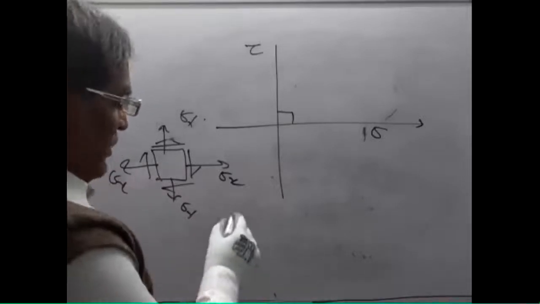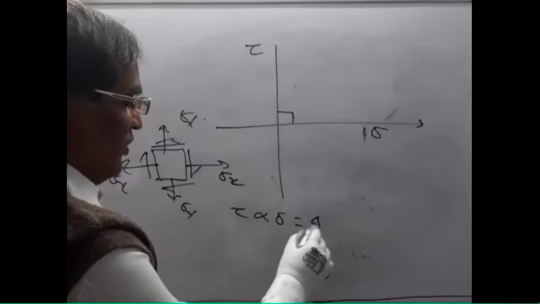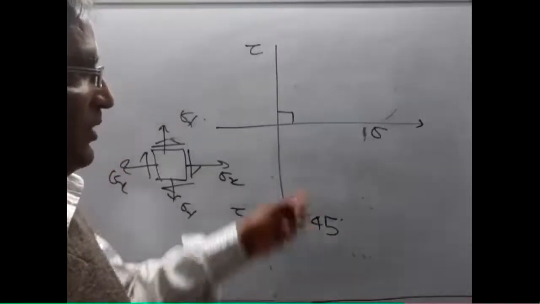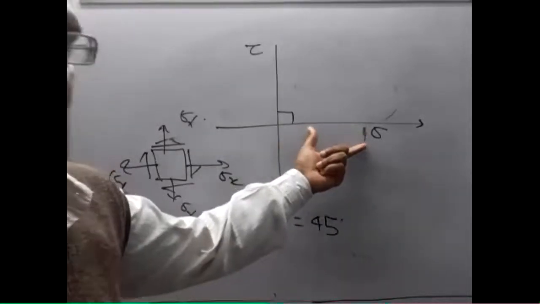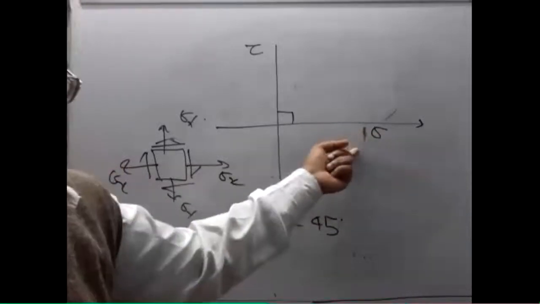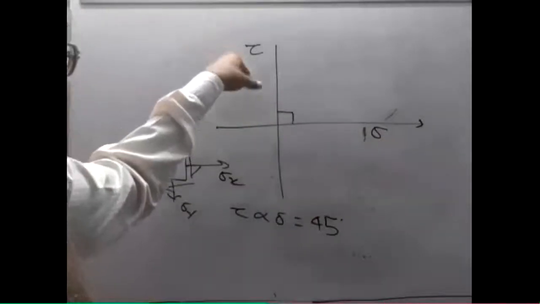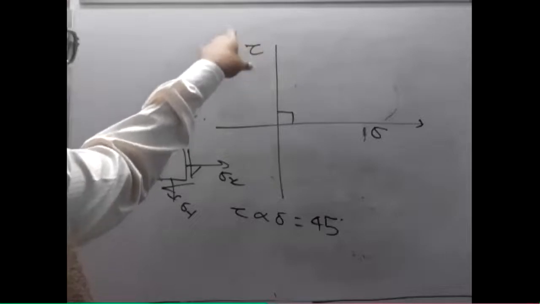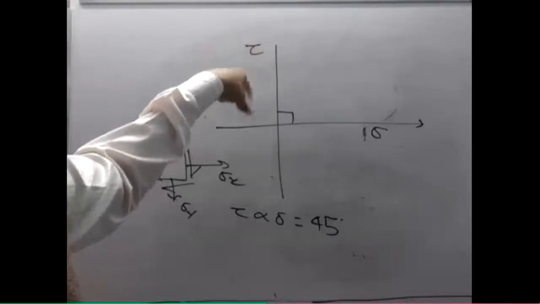For example, you know that the angle between the tau and sigma is 45, right? But here it is how much? Remember that along the x-axis there is no shear stress. That's why it is also known as the plane of maximum principal stress. Here there is no shear stress, though it is a line, but it is imagined as a plane. Similarly, along the y-axis, there is no normal stress. That's why it is known as the line of tau max.